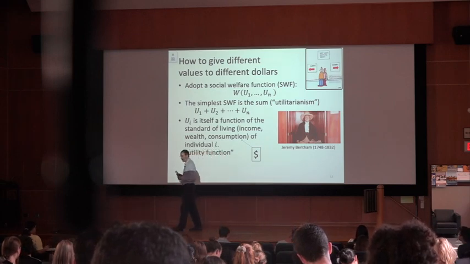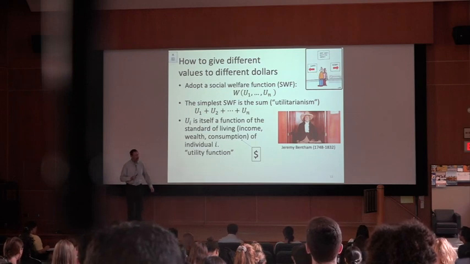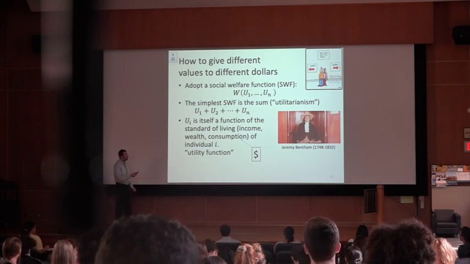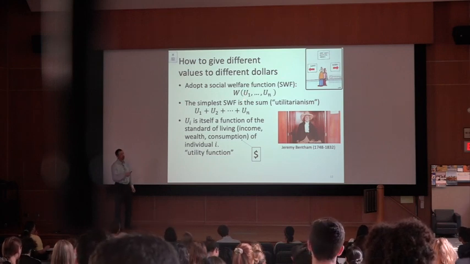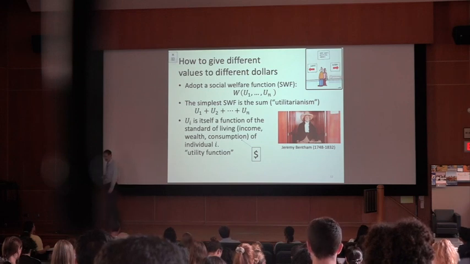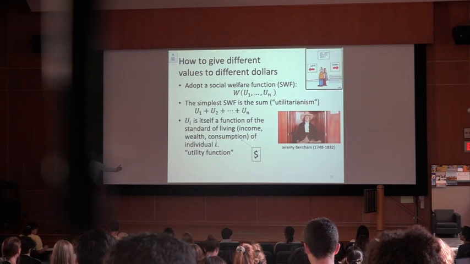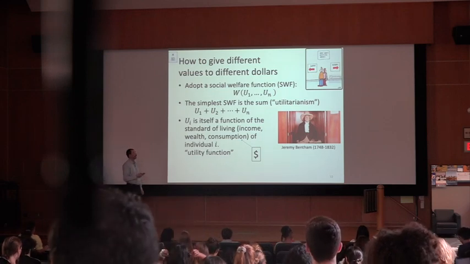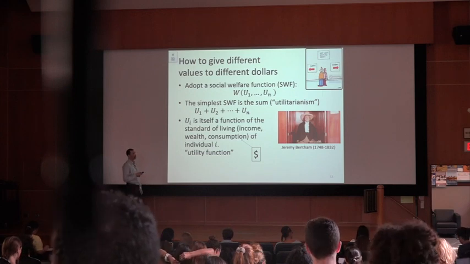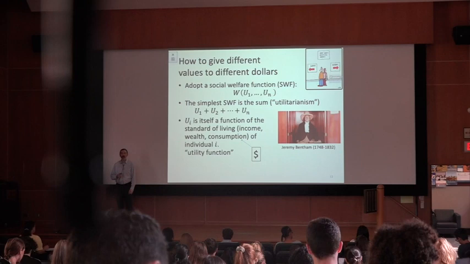But here you have a function which is multivariate. So it's a function that depends on x, y, z. And these various arguments are the well-being of the people in the population. So if we have n people in the population, you list the well-being of all these people. And so that's a function that looks complex because it has multiple arguments, but it can be simple. And the simplest one is the so-called utilitarian social welfare function that is just adding up the well-being of the